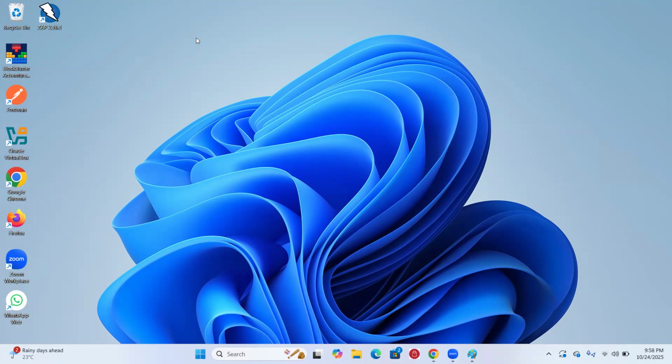Recently, they gave notice also: Windows 10, Microsoft will stop providing the support and patches. So 11 only is active. So we know, right? We came with the different versions: Windows XP, Windows 3, 7, 8, 10, 11. Right? These all are components only, with the different versions that came. So these are also